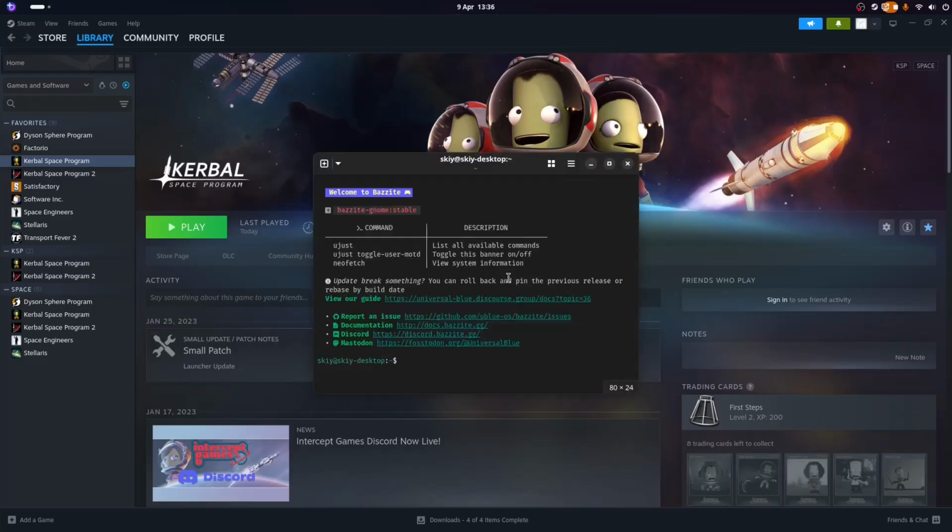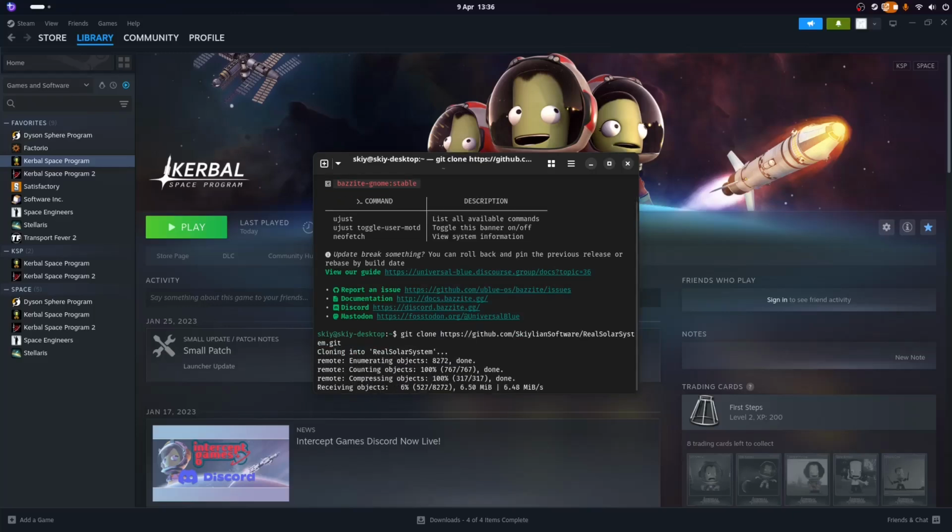So what I am going to do is create a new repo that is a fork of Real Solar System, and we are going to add some UK launch sites, and we're going to create a pull request so that we can actually continue on our save.